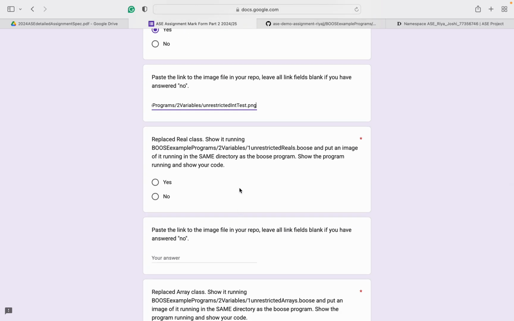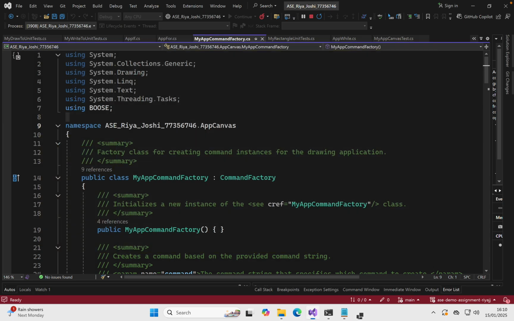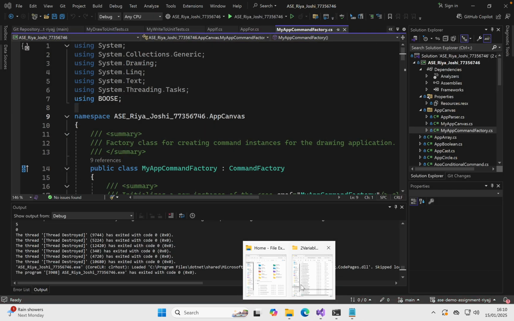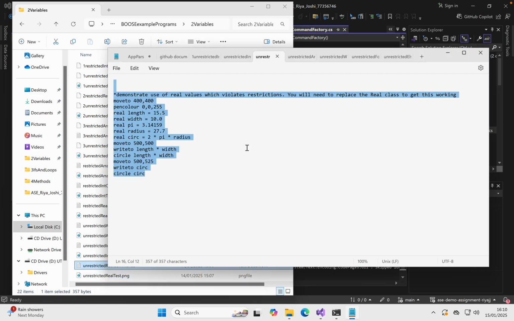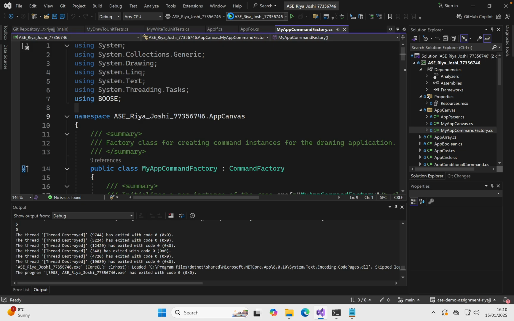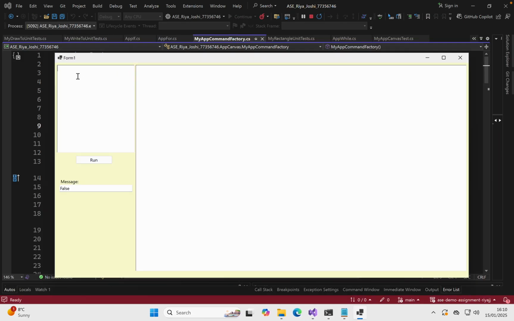So next is replaced real class. Same, you have to show it running and put an image. So for real class, here we have unrestricted real commands. Now we are going to copy this code and try to run this code as well.